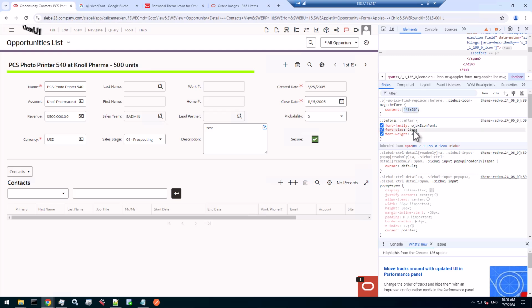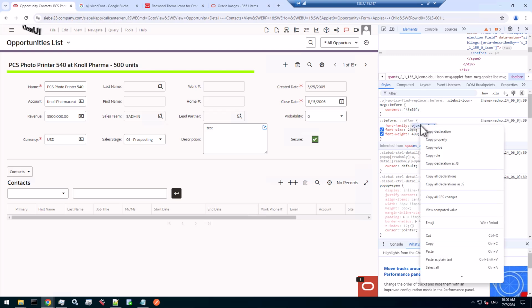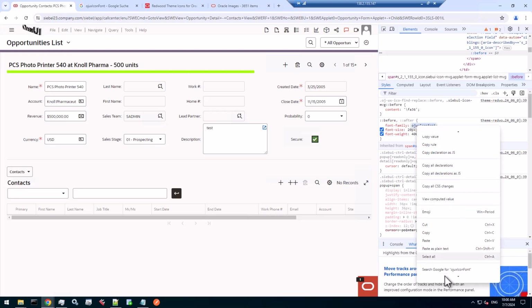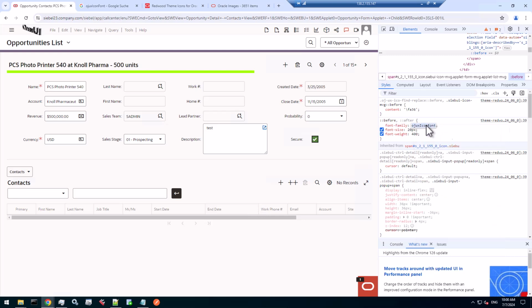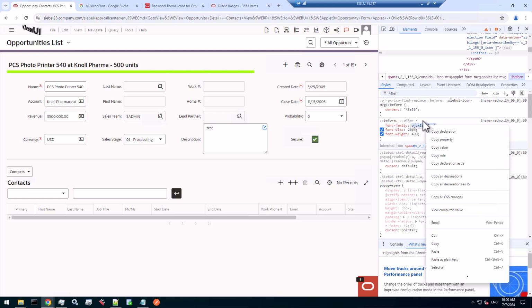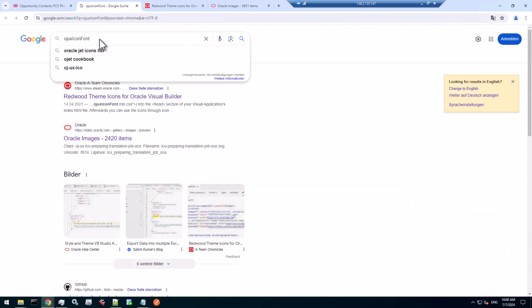And also drives the font size, so it's the same across all the icons you use. So it's interesting to actually Google that. So I literally just want to Google that, but okay, I did here. So that gives you an interesting, so OJ is probably Oracle Chat, gives you some